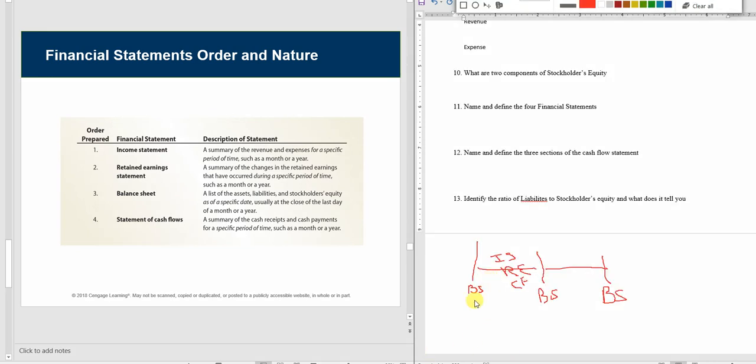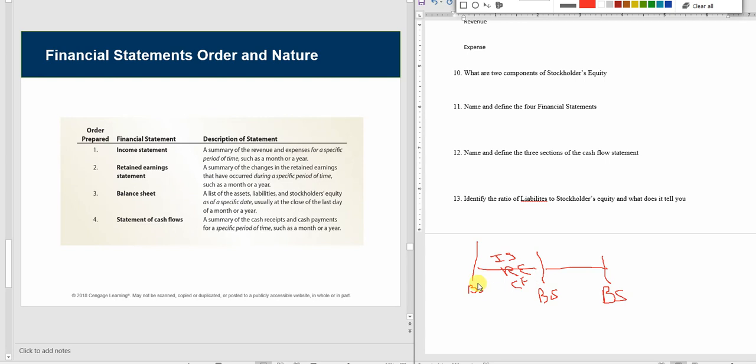I like to show it like this. If I start my business today, I have a balance sheet. Assets equals liabilities plus owner's equity of what I have today. And if in a year from now I do a balance sheet, to show what I have at a specific period of time, I'll see my assets, liabilities, and owner's equity. So let's say I have $10,000 in cash. But in a year from now I have $8,000 in cash, a $15,000 car, some stock investments, some land, and I owe a little bit of money, etc.